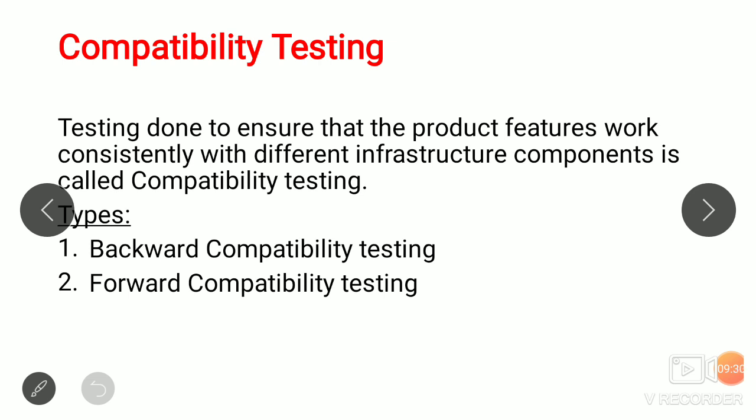Now we will see what is meant by forward compatibility testing. There are some provisions for the product to work with later versions of the product and other infrastructure components, keeping future requirements in mind. Testing the product with the beta version of the operating system, early access version of the developer's kit, and so on are examples of forward compatibility. This type of testing ensures the risk involved in the product for future requirements is minimized here.